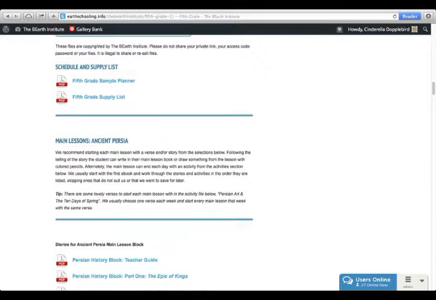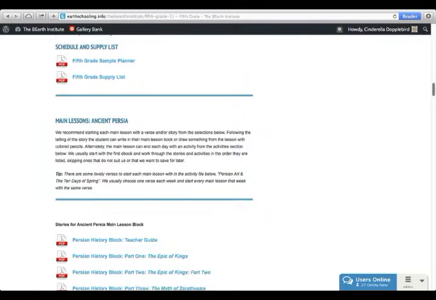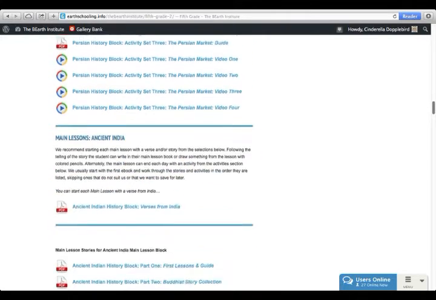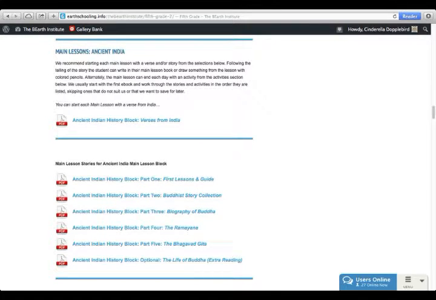Now we have the schedule planned out for you, so all you need to do is print out the one page of that block that you're working on. I'm working on block 1 now. And in block 1 it said that I'm going to work on Ancient India. So what I'll do is I'll go down to Ancient India, and I noticed that one thing I'm going to do is I'm going to be using the verses from Ancient India. So what I'll do is I'll open that,